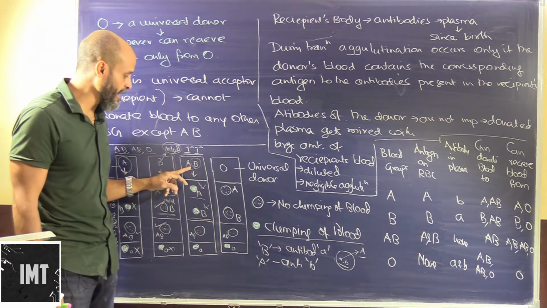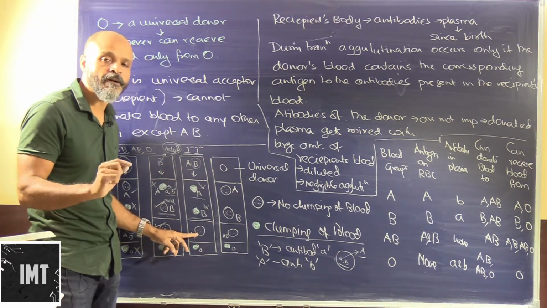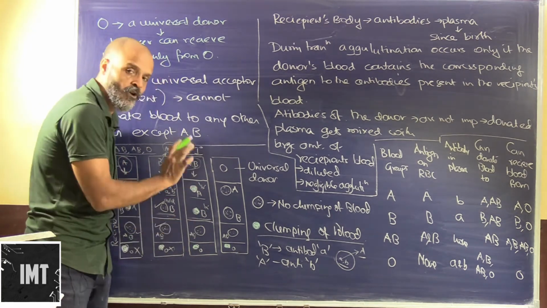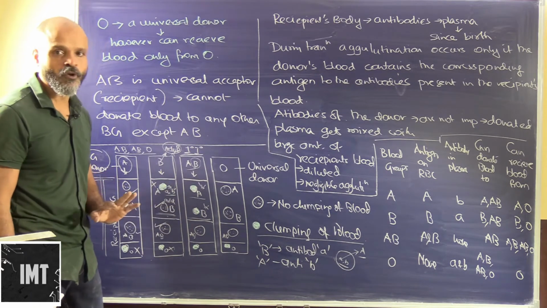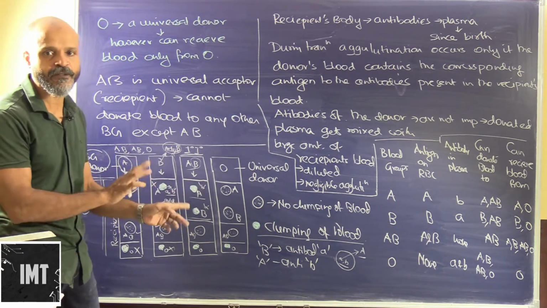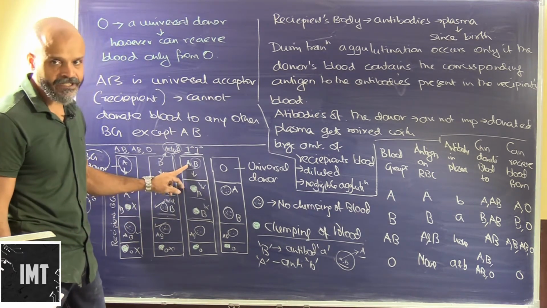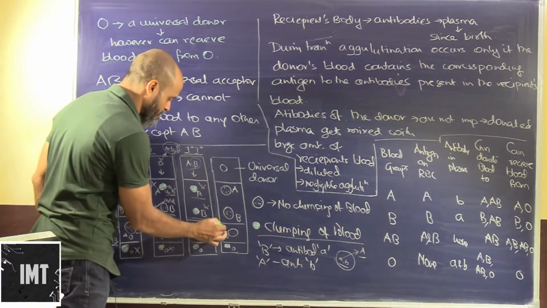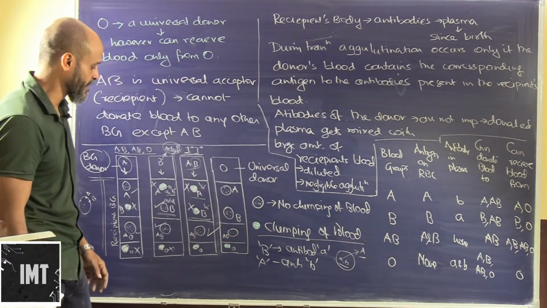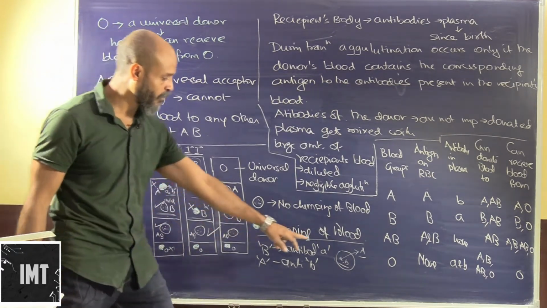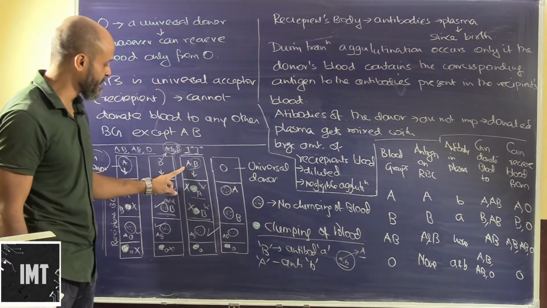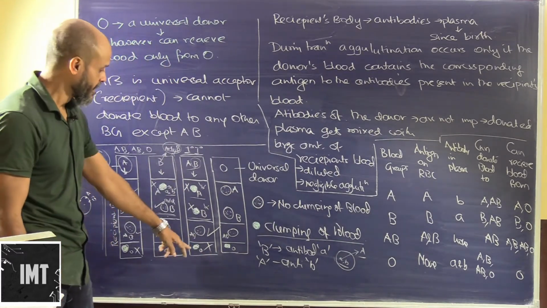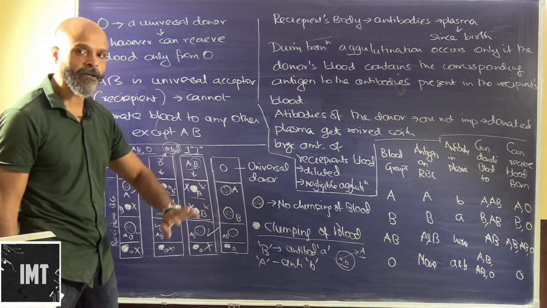A person having AB blood group, if he donates to a person having AB blood group, here the antibodies are absent, here also the antibodies are absent, so there will be no reaction, because reaction happens between antigens and antibodies. Antigens are present here, antigens are present here, but neither has antibodies, so this is possible. This is fatal, this is also fatal. Again in O we have both the antibodies A and B, and these will react with both the antigens A and B. Fatal. Okay, this will result in clumping of blood.